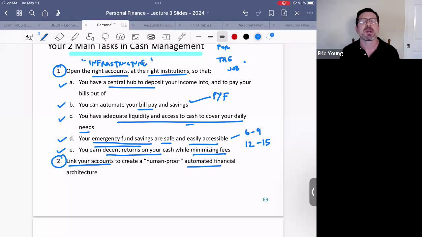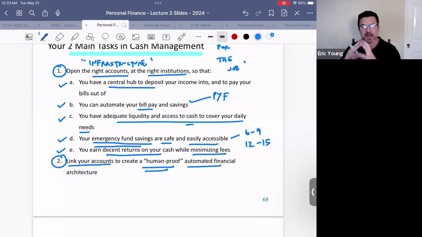In other words, we're going to recognize that ultimately we're all just sort of dumb primates. And we're tempted every day to make dumb financial moves. So what we're really trying to do is build an automated structure that works and, if I dare say, is human proof, foolproof. You just set it and you walk away and you live your life,